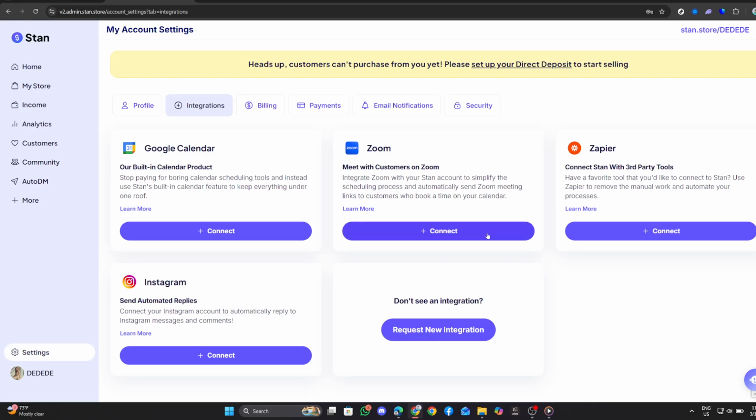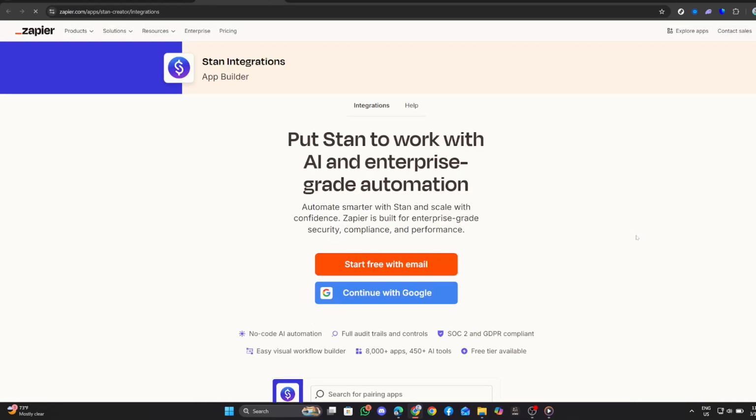In the Integrations section, you will see options for ConvertKit, MailChimp, and Zapier. Choose the email tool that best fits your needs. For instance, if you select MailChimp, you will be prompted to enter your MailChimp API key. Follow the on-screen instructions. Once the integration is successful, you will receive a confirmation message indicating that your email tool